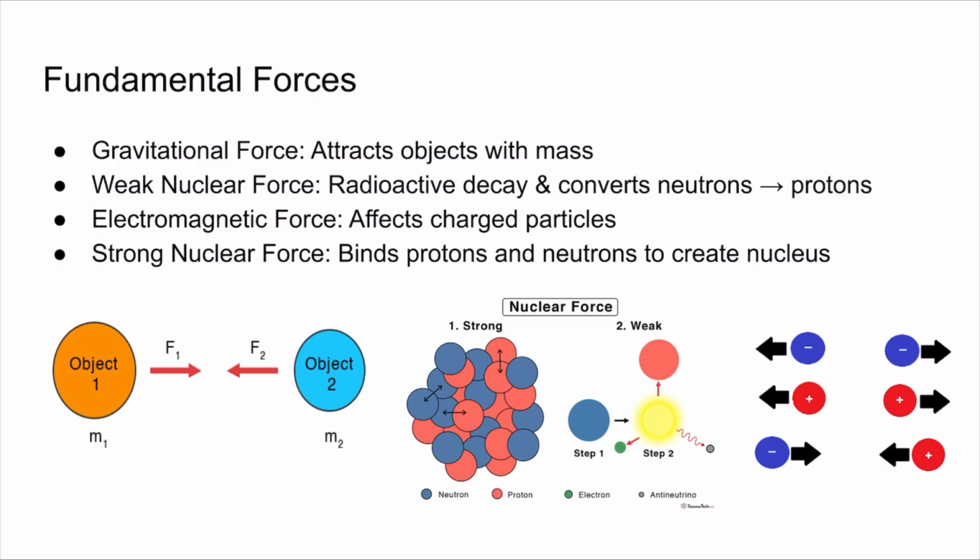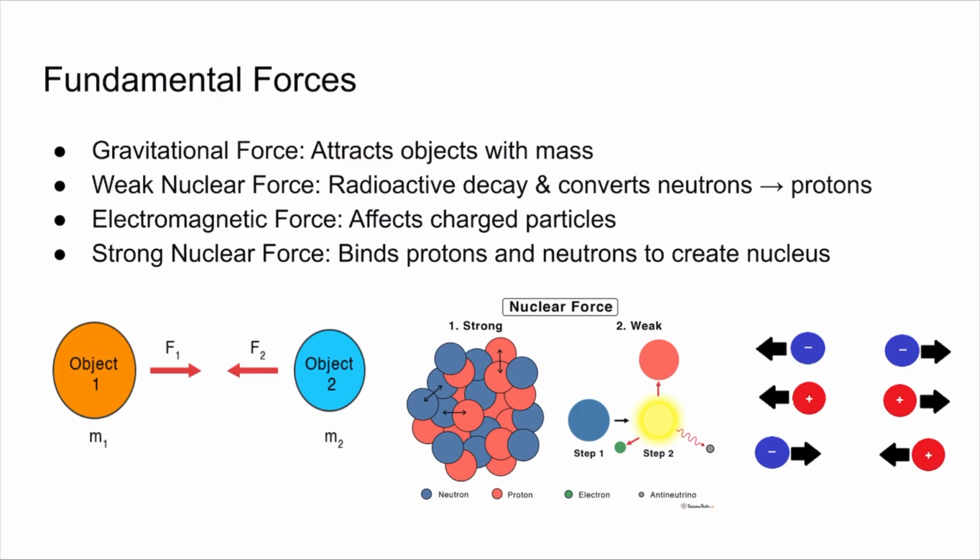Now we need to go over the 4 fundamental forces. So these are the basic forces of nature which govern how particles interact. I listed these in order of weakest to strongest. So the weakest force is gravitational force, which attracts objects with mass. Then we have weak nuclear force, which is most notably responsible for radioactive decay, and it converts neutrons to protons. Next up is electromagnetic force, which we talked about last video, so that's about charged particles and stuff. And then finally we have the strongest force, which is strong nuclear force, which binds protons and neutrons together to